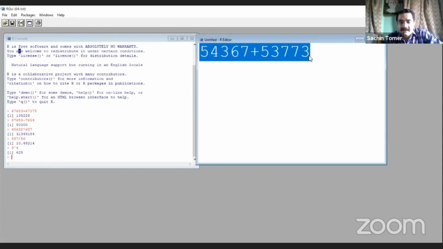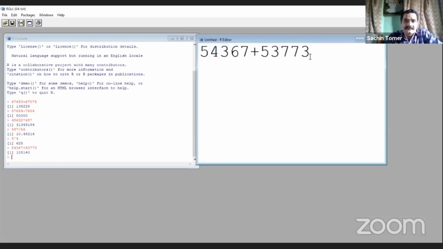Select the command you want to run and press Ctrl+R together. I repeat, press Ctrl and R together. After that, the value will appear in our console window. This is 108140.